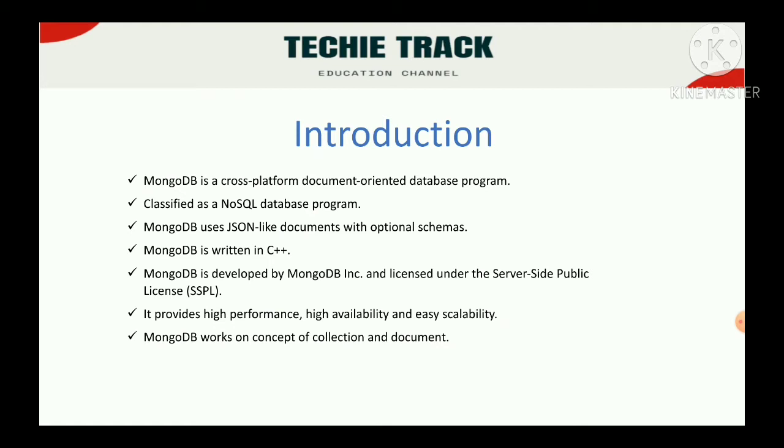If you want to pull the data from key value pairs, you don't need to write SQL queries like select star from, or inner join, outer join. You don't need to write structured query language. So that is why we say MongoDB is a NoSQL database. As usual, MongoDB is also written on top of C++, and it is one of the popular NoSQL databases, and the performance is very good.